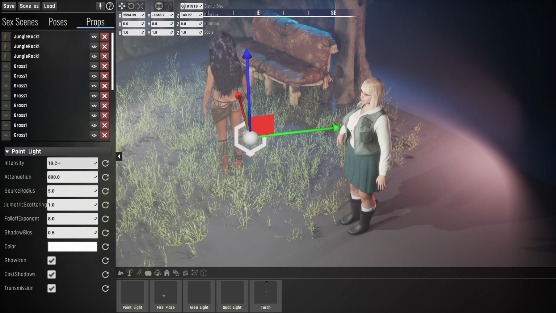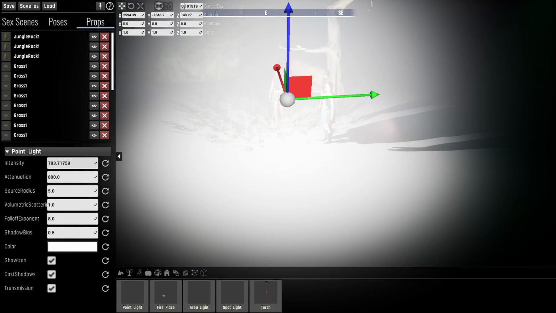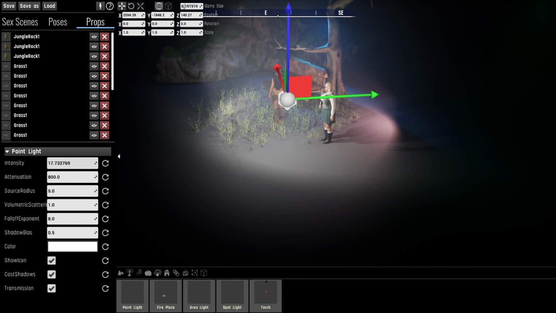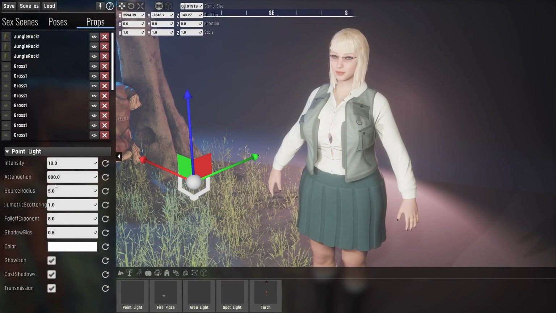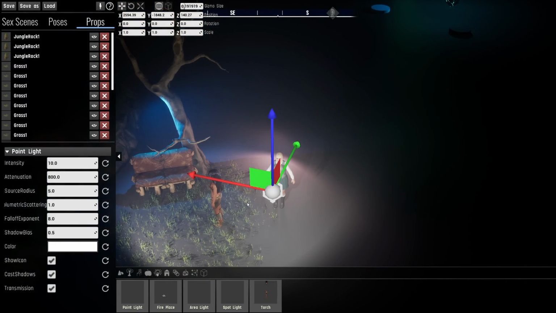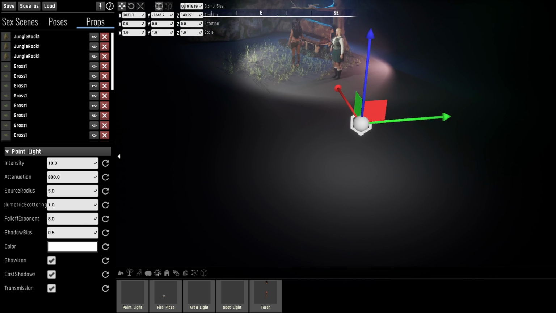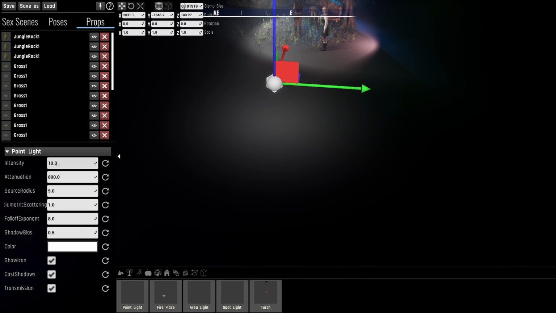So the intensity is what you would expect. This is the light intensity. I can bump it up and everything will become brighter and brighter until eventually you just get outshined by it and you see nothing more than white. So let's leave it at 10. You can also reset things to the default with this key. The attenuation. For the attenuation, let's move the light somewhere into the dark here, like here. So now we can see the light having its specific effect on the floor. Let's increase the intensity some more,